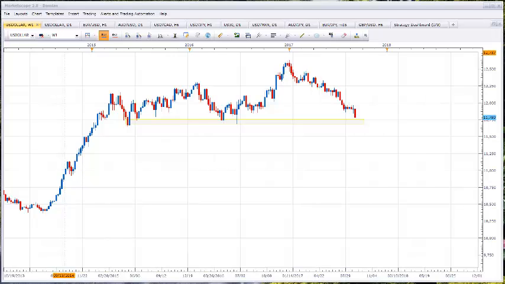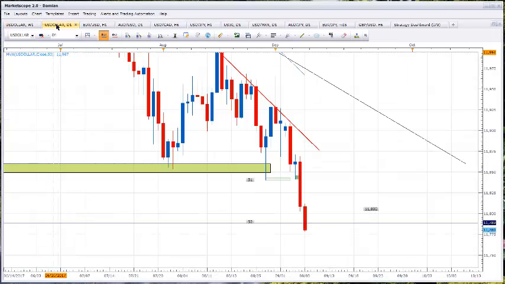Hey YouTube, it's September 7th, 2017, and this is a weekly chart of the dollar index. Let's go back to the daily so we can take a look at where some of the things needed to be reframed or reset. So this point right here, the lower end of the box,